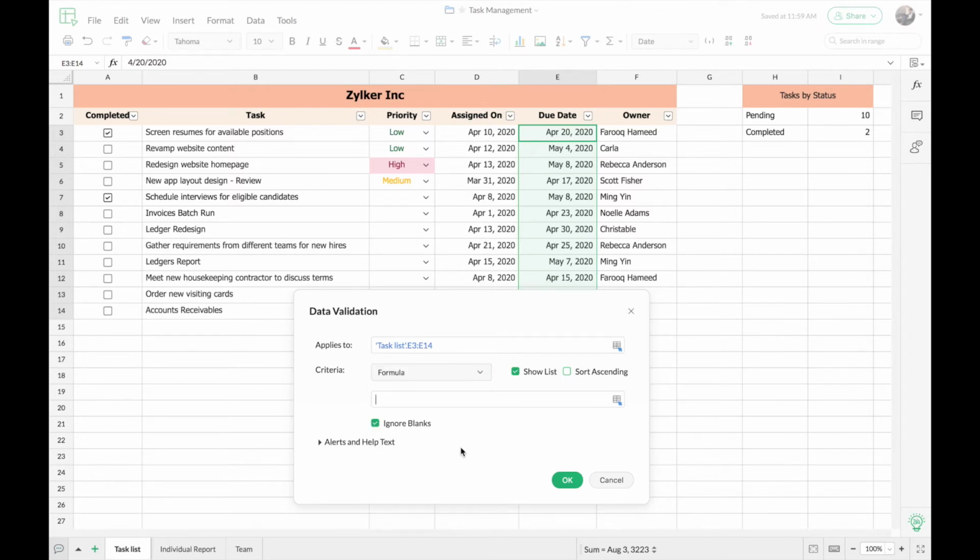So as I mentioned previously, for this particular use case that I have here, I will be using a formula. So here I want each due date to fall after the respective assigned date. So for that, I'm just going to write a very simple formula here. In this field, I'm going to say this particular cell value must be greater than, or it has to fall after this value in this column.